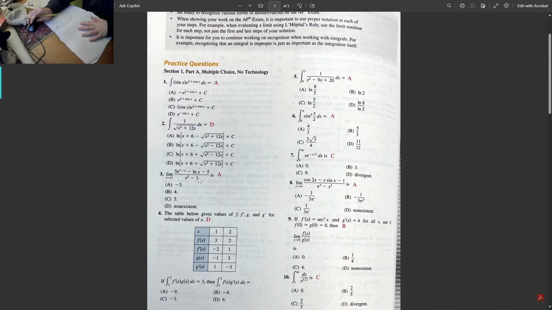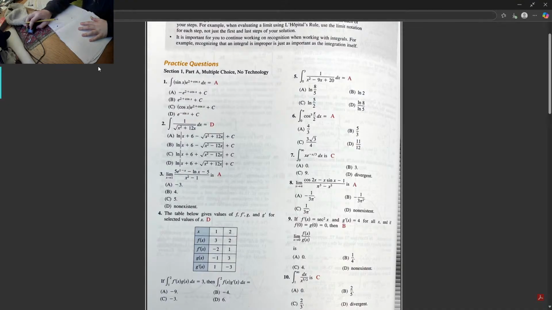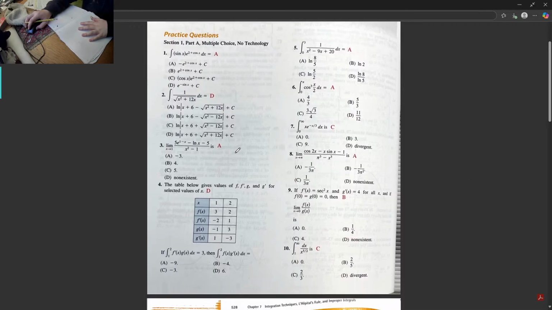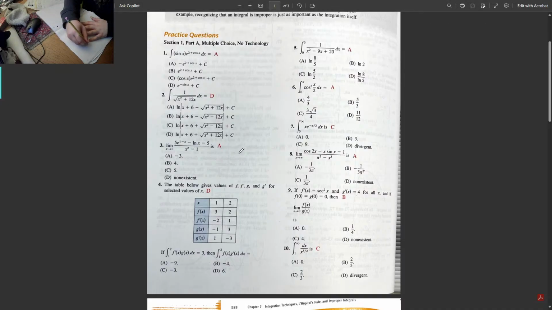So let's start with that, and you guys aren't going to see me do this, but here, maybe I could draw for you. So the limit as x approaches 1 of 5e to the 1 minus x minus ln x minus 5